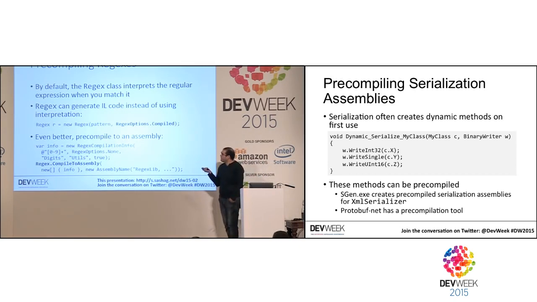There's a RegexCompilationInfo class, and the Regex class has a static method CompileToAssembly. And this can take a regular expression and compile it down to an assembly. So you do this once, say, in a little console application, and then you can reference that assembly and use it at runtime to match your regular expressions. So this means the regex itself is going to be faster, and it also means your application will start up faster because it doesn't have to generate any code during runtime. You can even run ngen on those little assemblies. So let me just show you a quick example of